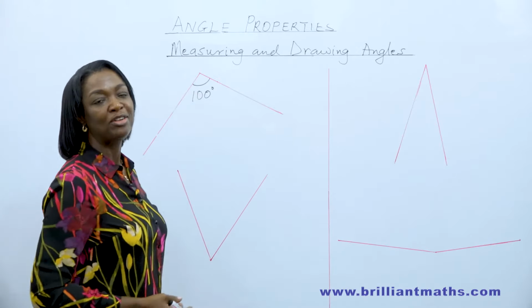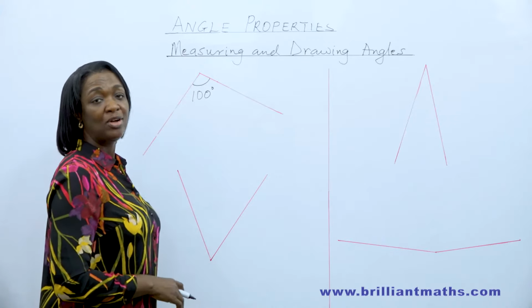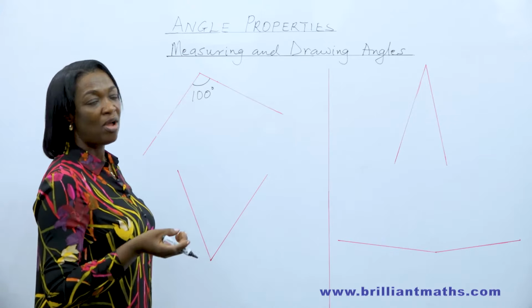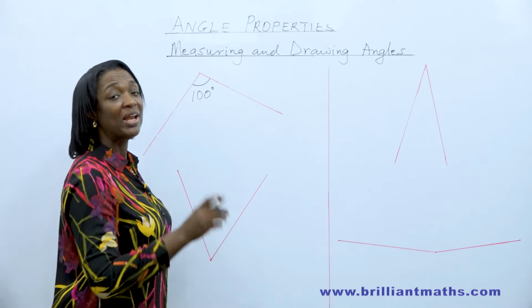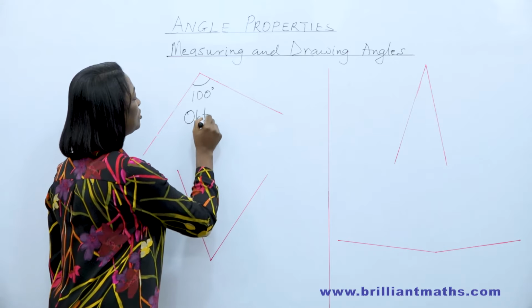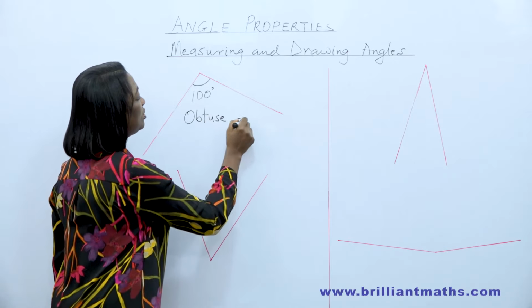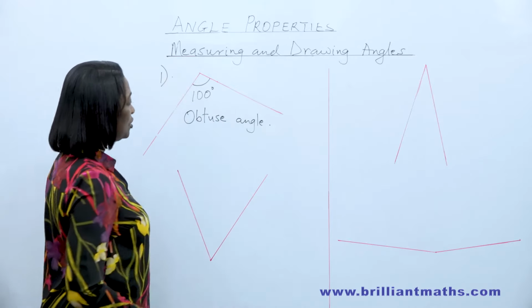So what type of angle is it? Is it an acute angle, or an obtuse angle, or a reflex angle? It's 100 degrees, so it's greater than 90 degrees but less than 180. So it's an obtuse angle. So that's the first angle. Now the second one,